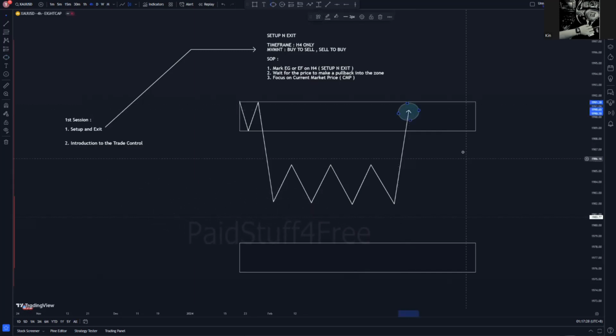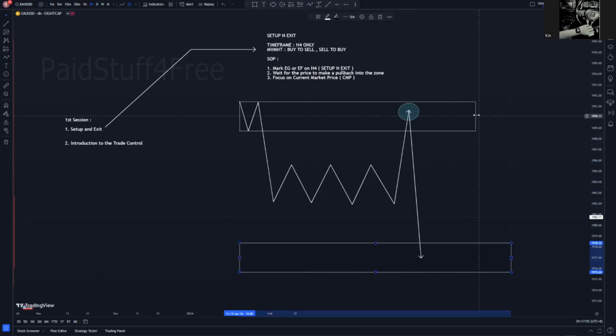And back to what I said just now, the movement. From the buy zone, it's going to move to the sell zone, and from the sell zone, it's going to move to the buy zone. It keeps repeating like this over and over. From this sell setup, the price is going to go down until our buy setup, which we call our exit zone. So when the price touches the exit zone, after we've exited our sell position,